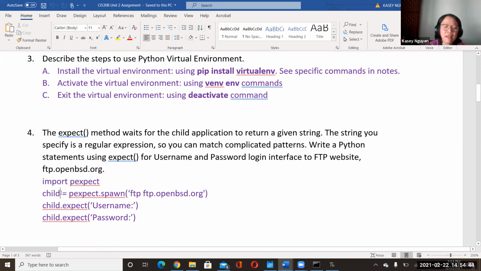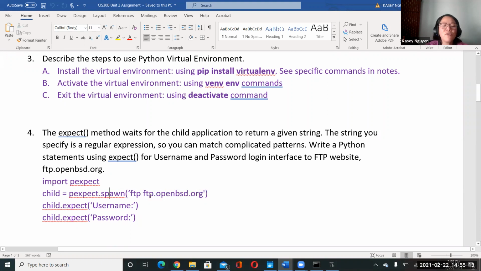And then like the example that I showed you, we would declare the object here. We would construct the object child. You can call it c or whatever name you like. Then we would utilize pexpect and spawn it for FTP, and this is the service and the site.